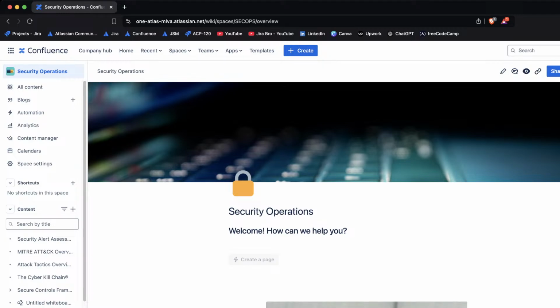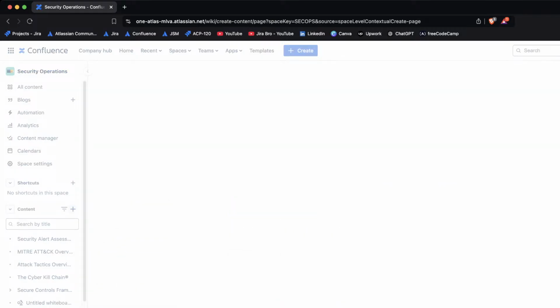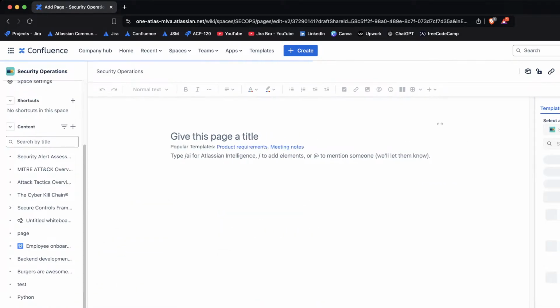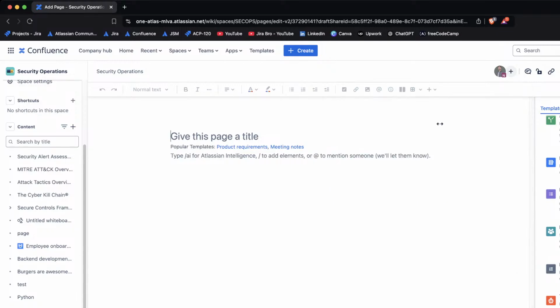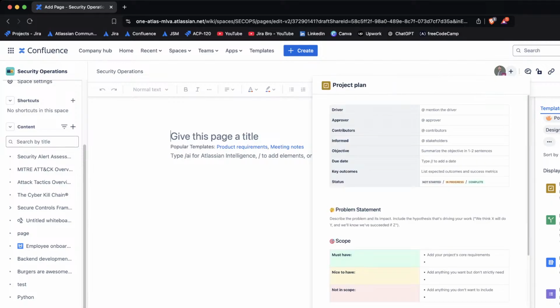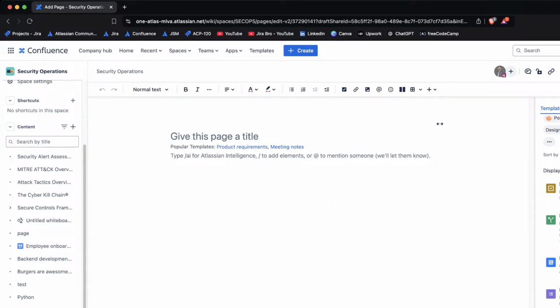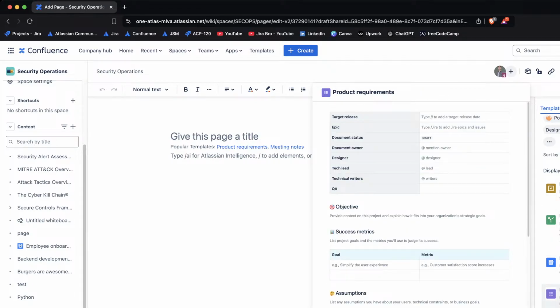Okay, that's good. So I created a blog post, but most importantly, I want to create a page. So I'm going to do the same thing and say create a page. On the right side in here, the first thing that you will notice are these templates. Right now there are 143 templates available, and this is pretty great because templates can save you a significant amount of time. It did save a significant amount of time for me because I was using these product requirements